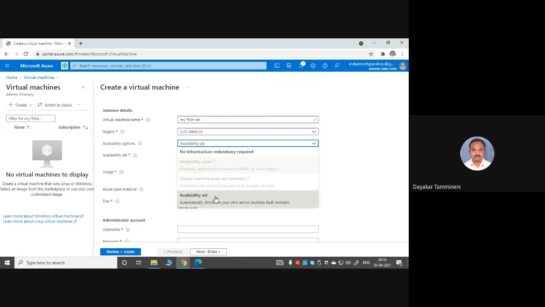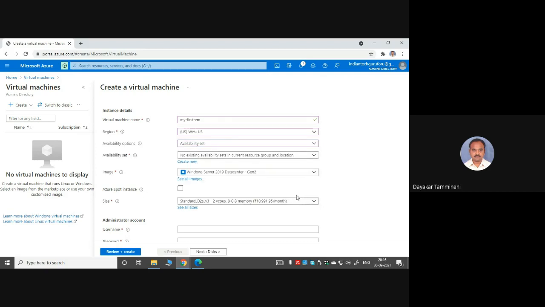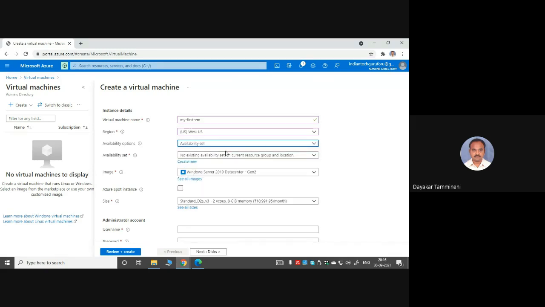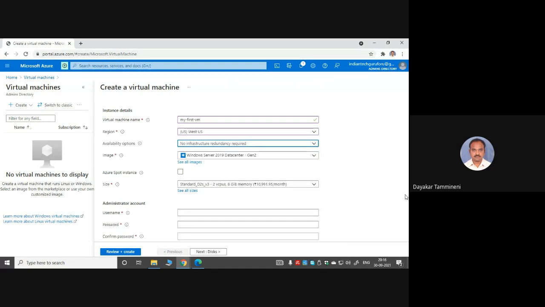The first preference must be availability zones. If there are no availability zones, then go for availability sets. Understood? Okay, so now I am not going to select either availability set or availability zone. Just for giving you clarity, I have shown you. I am selecting no infrastructure redundancy required.